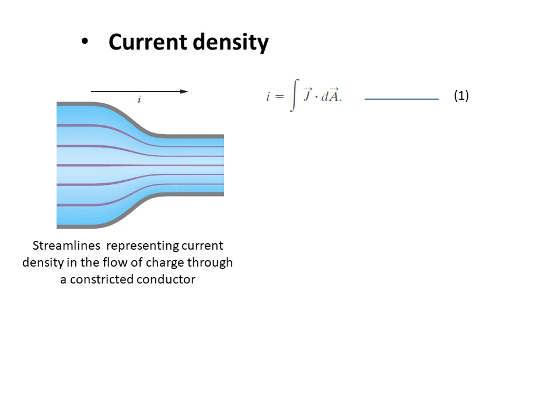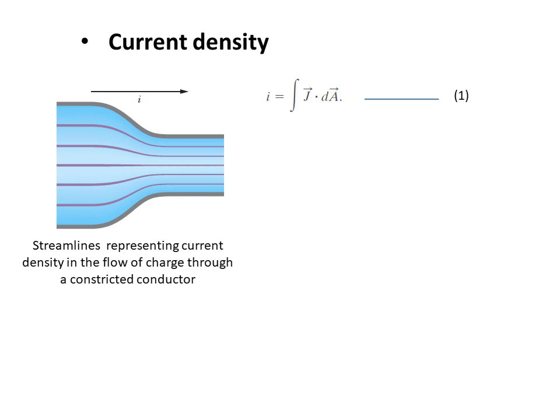But what is varying is the current density. You see these lines which represent the current density; they are wider apart here. The mutual space between the lines is greater than the mutual space between the lines in this region. So we say that the current density is greater in this region than this one.